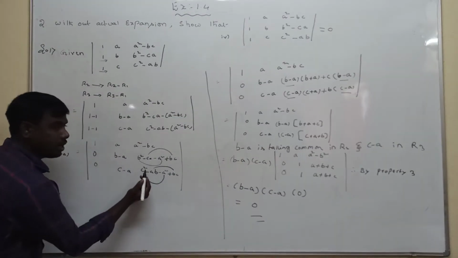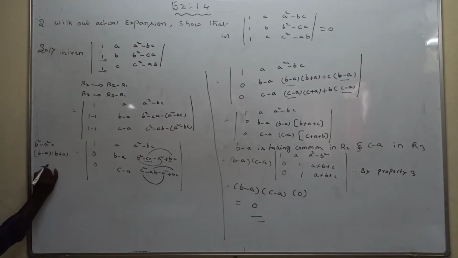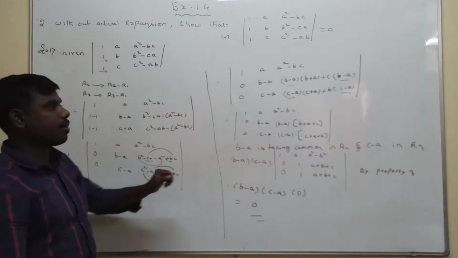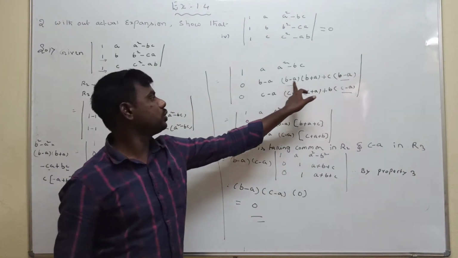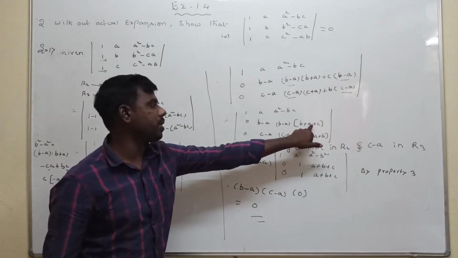Next one, dear friends, here minus a plus b, c. Minus a plus b, c. In this, what is the common? C is the common outside. Left of it is minus a plus b. This one we write as minus a plus b, or b minus a. That's why we get plus a common. After that, writing b minus a like that. After that, in these two, b minus a is taken common outside. We get left of it as b plus a plus c.